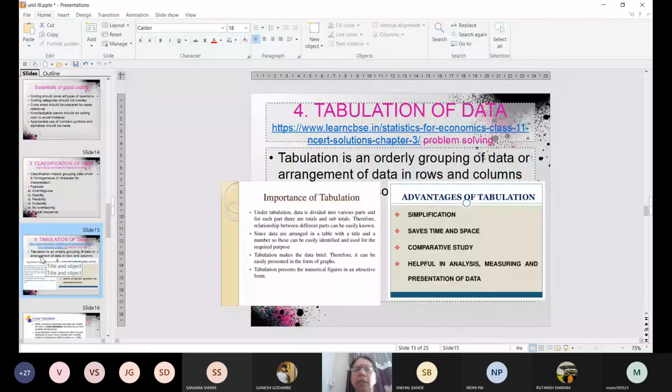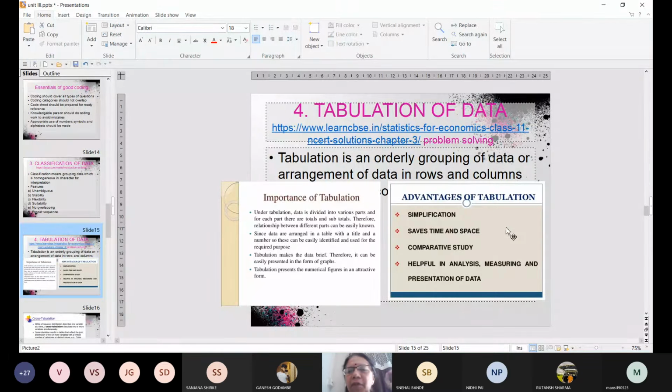आपने डेटा अच्छे से अभी tabulate करना है, यानी कि arrange करना है in a proper orderly manner in rows and columns. If you remember last year statistics, आपने ये frequency table बनाया होगा problems में. मैडम ने, सीमा अतरडे मैडम ने आपको problems सिखाए होंगे जहाँ पे you have to classify the data and then tabulate the data, where you will have a table in which you are writing down the frequency. So this tabulation of data is orderly grouping of data, arrangement in rows and columns.